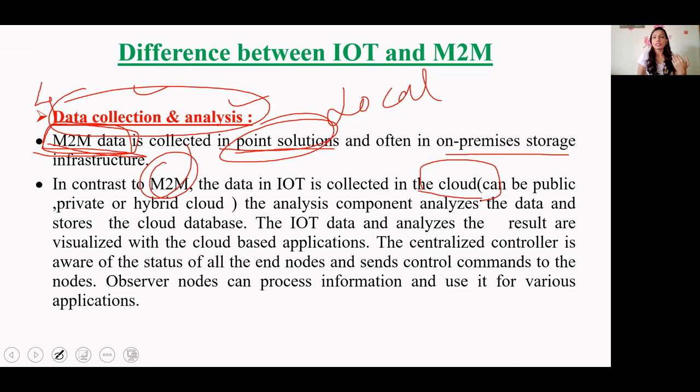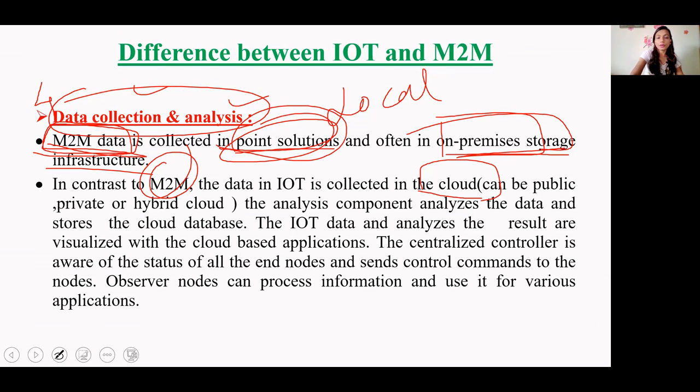Since an internet connection or a bigger network is there in IoT, we can have cloud data. That is, the database will be somewhere else, the analysis component will be somewhere else, and sensors can be somewhere else. They can connect via network. Whereas M2M is point solution. Remember this, and on-premise storage infrastructure will be there, that is, only where your system is there will storage infrastructure be.